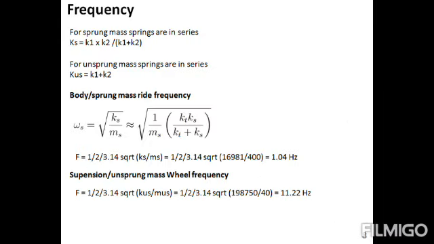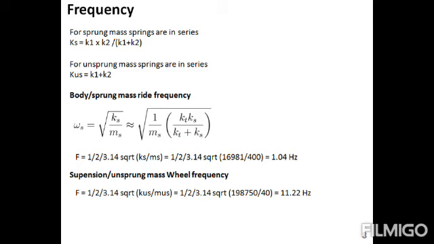Considering sprung mass, springs are in series and equivalent spring stiffness is K1 K2 divided by K1 plus K2. For unsprung mass, springs are in parallel and equivalent spring stiffness is K1 plus K2. Ride frequency and wheel frequency can be calculated by formula f is equal to 1 by 2 pi root of